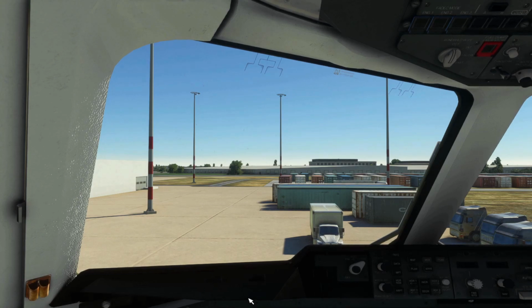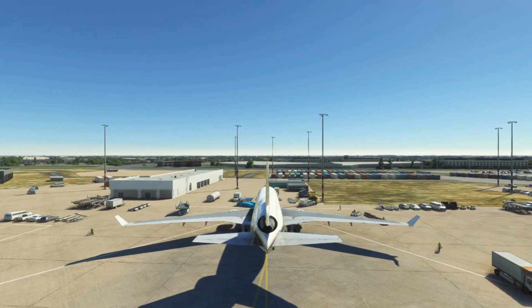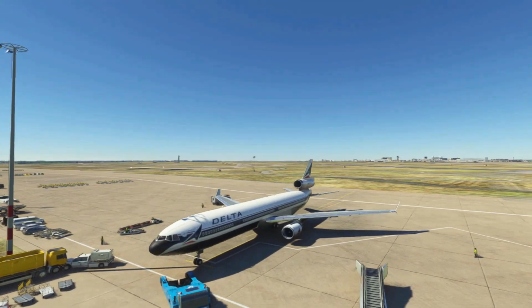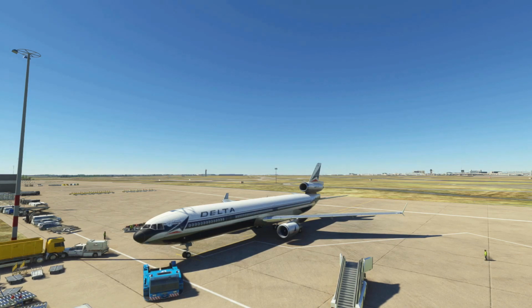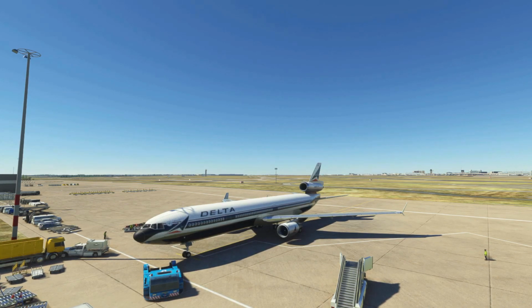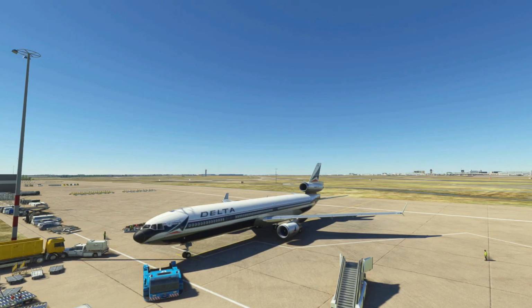Okay, so here we are. Let's take a look. Yep, we are going to be in Microsoft Flight Simulator, and we're going to be flying the MD-11, and we're going to fly from Dallas Fort Worth to Mexico City. So let's get things started, and we should be taking off of runway 17 right, which is a very nice long 13,000 foot runway. So let's take a look,